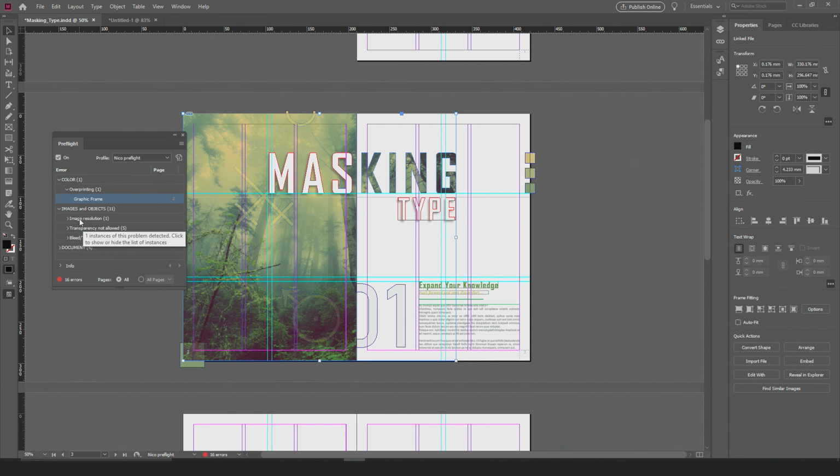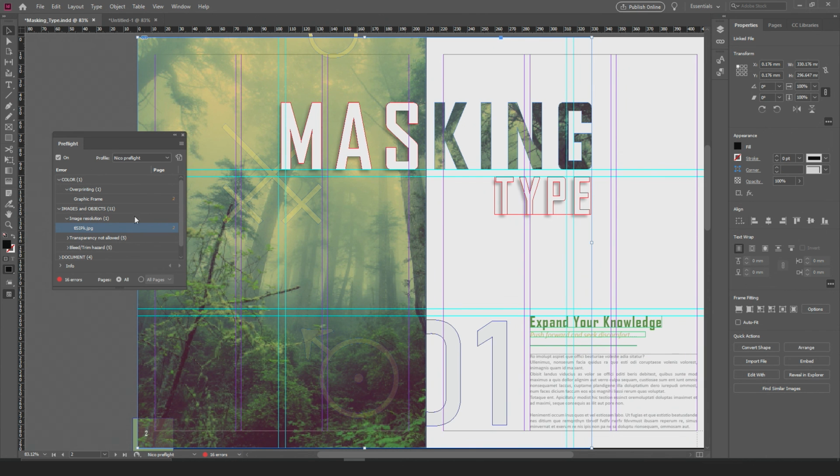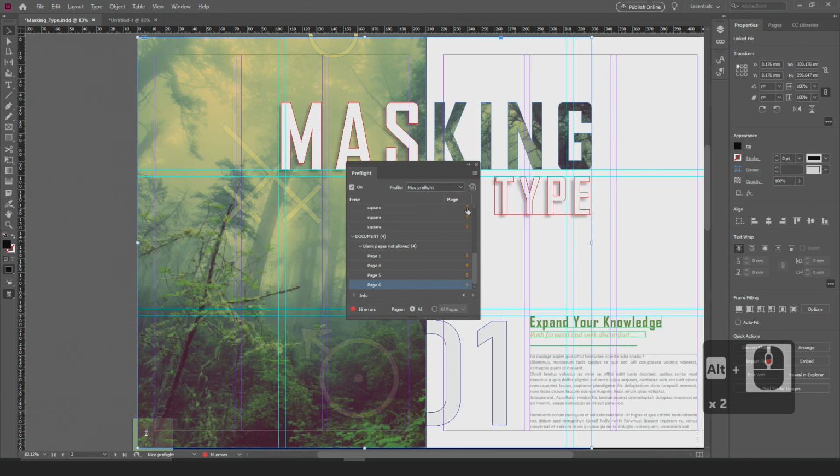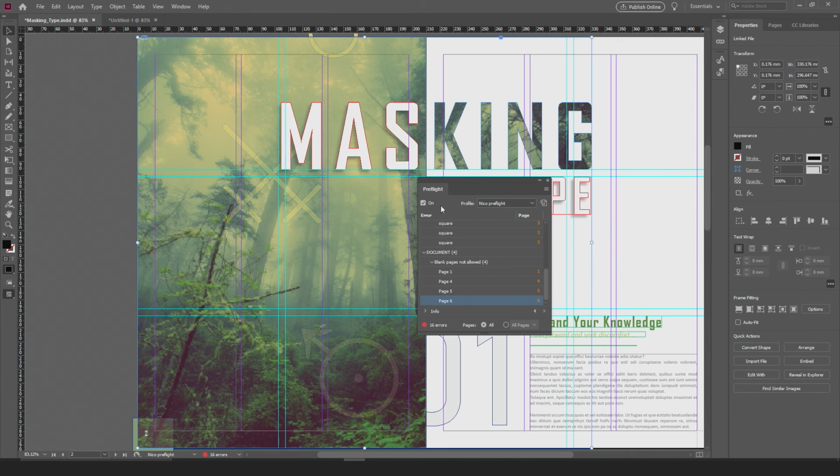Image and objects, image resolution, transparency. So there's a whole bunch. So over here I have an image problem with the resolution, I have a bleed and a trim hazard. So there's a whole bunch of different errors that occur. So right here it's telling me I have blank pages, page 1, 4, 5 and 6 are all blank pages. So you can completely customize your InDesign Preflight profile to pick up specific or certain elements